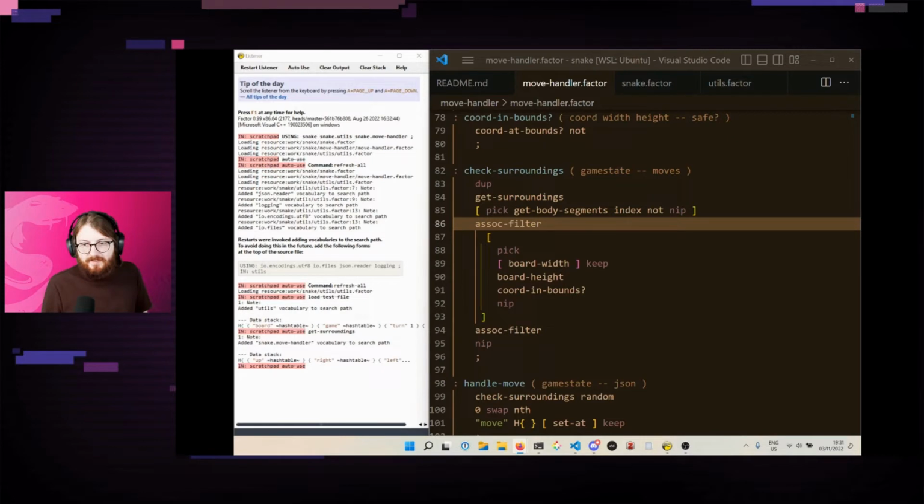Get body segments is really simple. It just gets all of the body segments that are on the map. So it gets all of the snakes, it gets their bodies, and then it flattens that array so that we just have one array containing all of the coords that all of the snake segments are at. Once we've got those body segments,